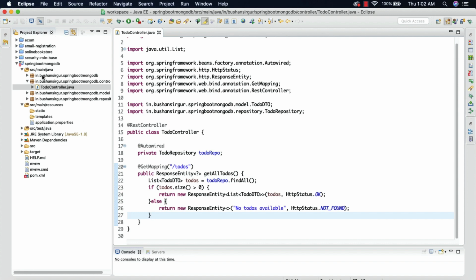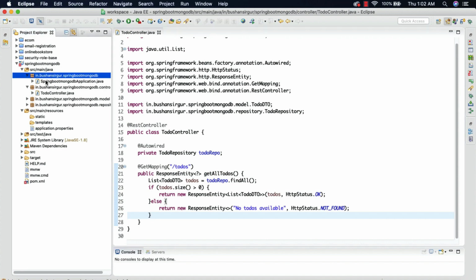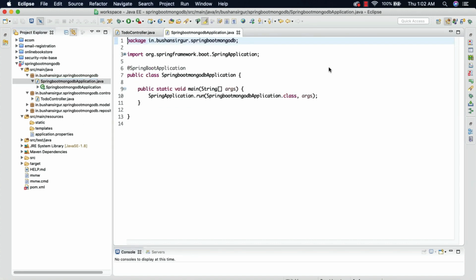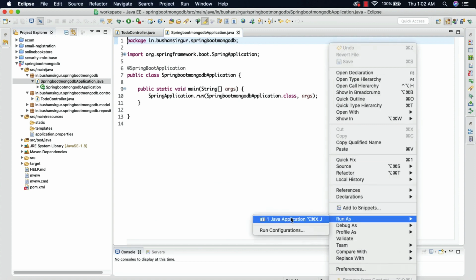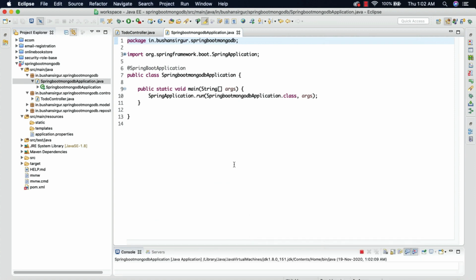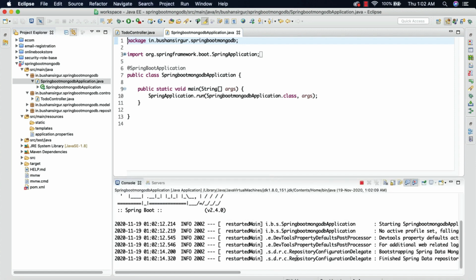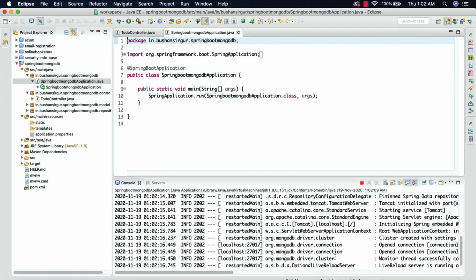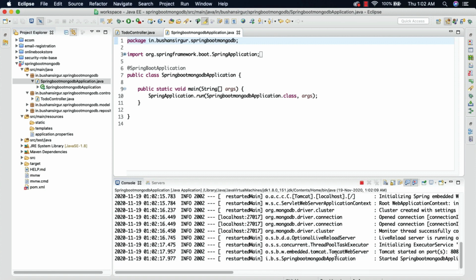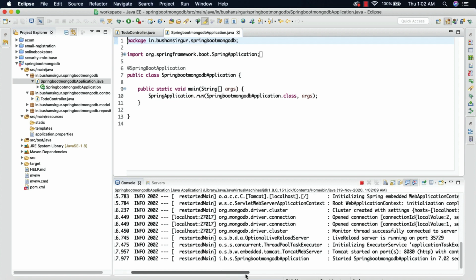So let me open the main class, right click and click on Run As, and click on Java Application, and in the console we should see the messages. As you can see, it is running on port 8080.